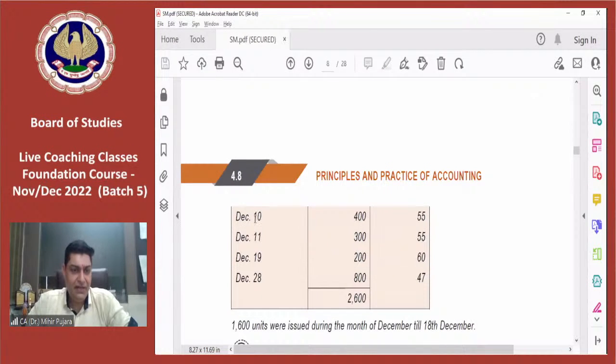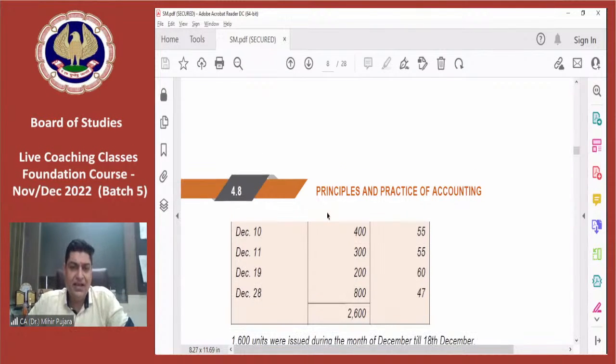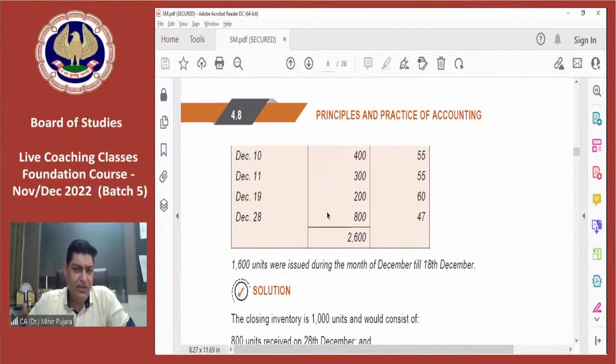Then you have a second purchase on December 10, then 11, then 19 and 28. So total you have 5 purchases, with different quantities and different rates. Now, what this small illustration says: